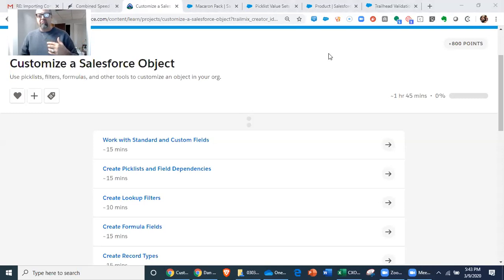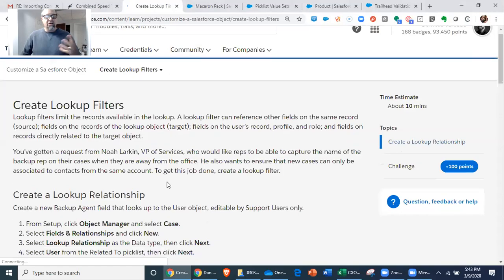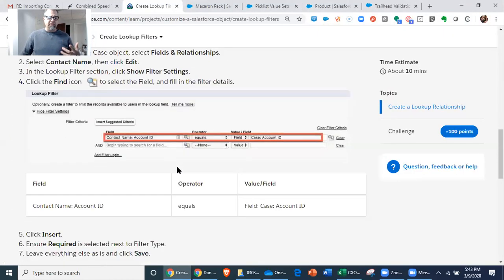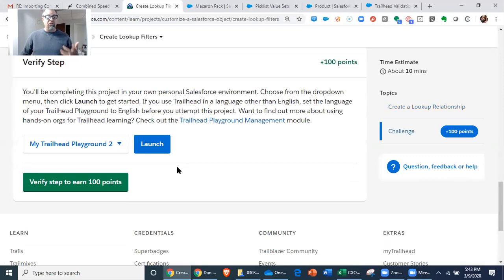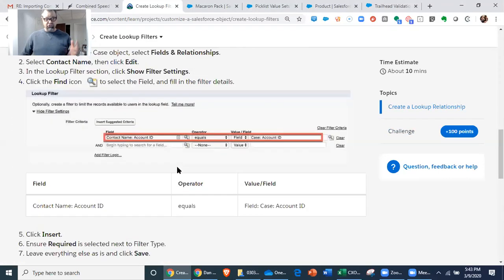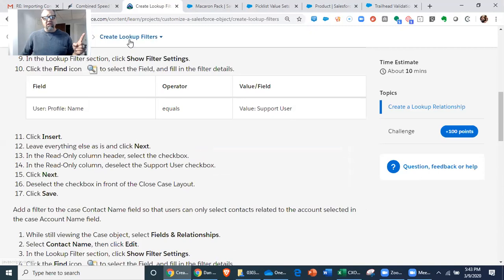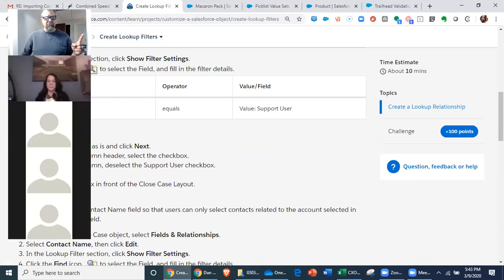And then creating pick lists and field dependencies we did. Now what we didn't do is creating lookup filters, but that's good because this is going to get you, I think, some experience around those. But again, don't just answer the questions. Go try it in the system. Okay. So after lookup filters,